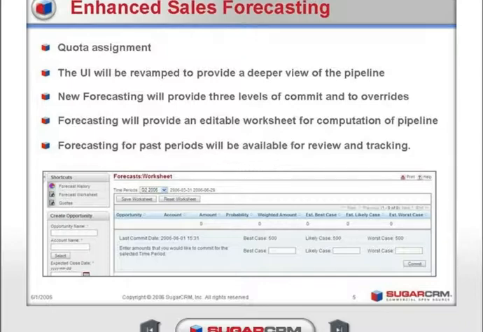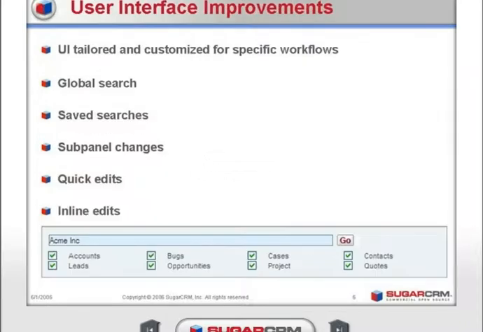So these are some of the key improvements that we're doing for forecasting. We are also making a lot of UI improvement changes. At Sugar CRM, we have always believed that user adoption is the key to a CRM adoption. In 4.5, we are actually modifying the UI a little bit so that it suits